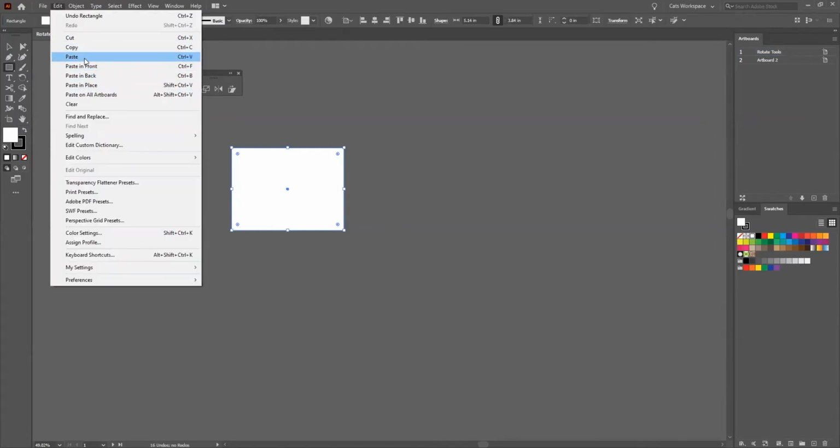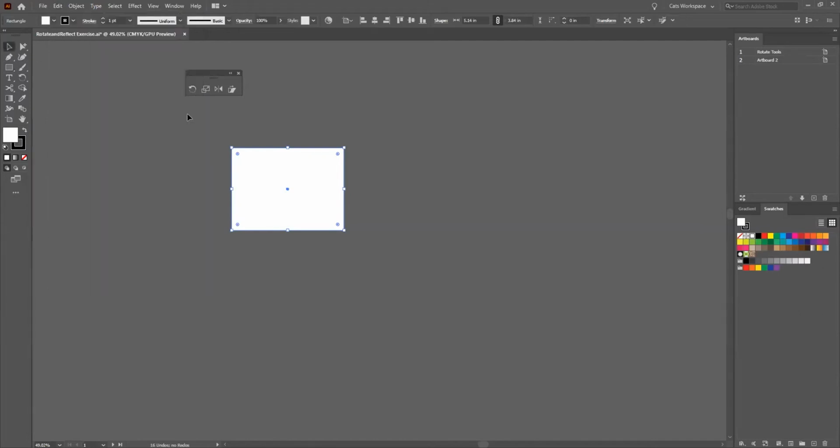So, pwedeng by default or at least yung standard natin is Control V. Pero meron ding Control F, Control B pala. B for Bravo. And then paste and place based on all artboards. Okay. So you have Control C and then you can do a Control V or Control B,